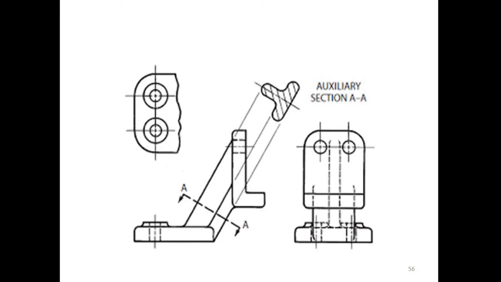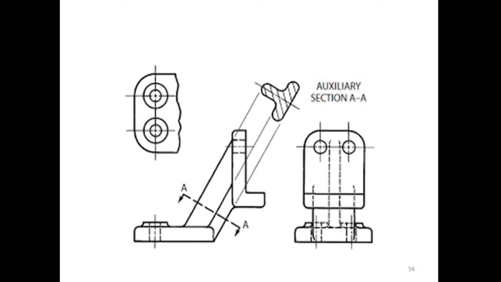For critical components it becomes very difficult to understand the geometry of the component. In such cases, a revolved section, removed section or auxiliary section comes into the picture. The basic difference is that in a revolved section, the cutting plane is taken and rotated 90 degrees, and the geometry is drawn on that surface itself or on that sketch itself.